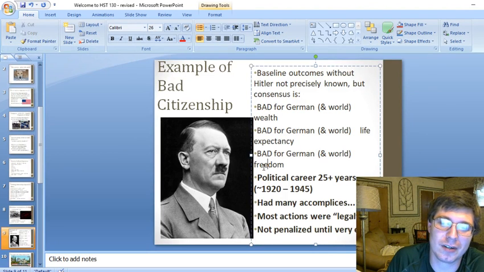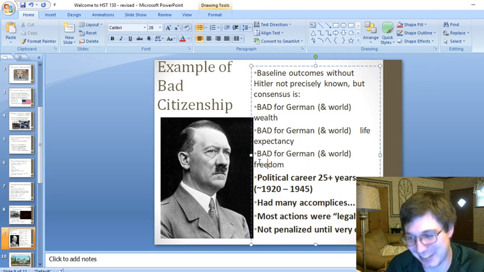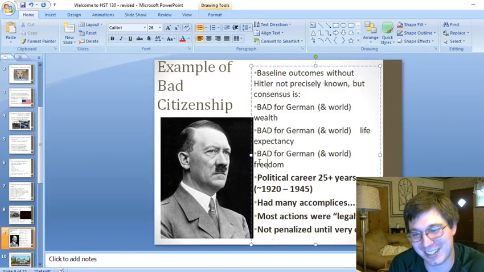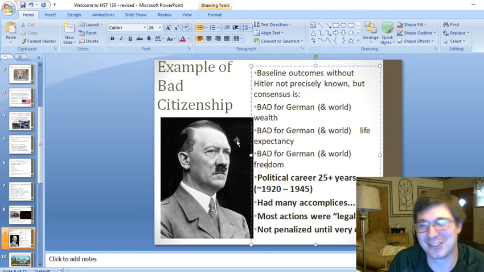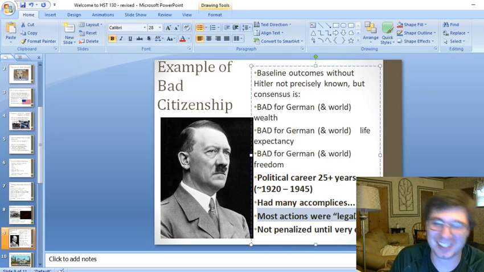But historians do kind of have a consensus that Hitler brought these things down to a certain extent. We might debate about how much, but this is one rare case where there is kind of a consensus that someone was a bad citizen. And the problem with this is most of his actions were legal. So once again, it's not enough to just follow the law. You can still be a horrible citizen and still follow the law,